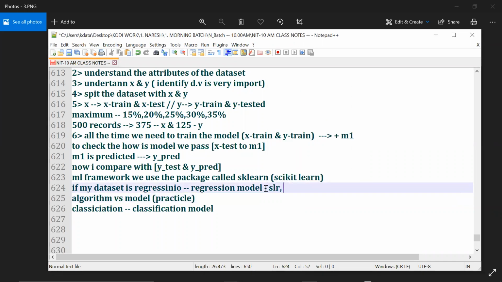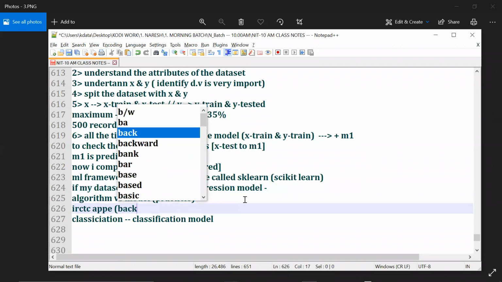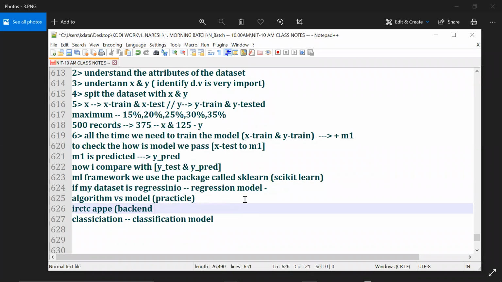We have simple linear, we have multiple linear, we have support vector, we have naive Bayes. Because in the IRCTC app, you know IRCTC? Now let me tell you, you book tickets for next month, right? Let's say everybody books tickets for next month. You get a probability, right? Is that regressions or classifications? Online team, regressions or classifications?